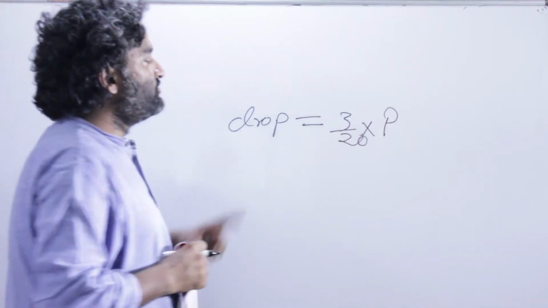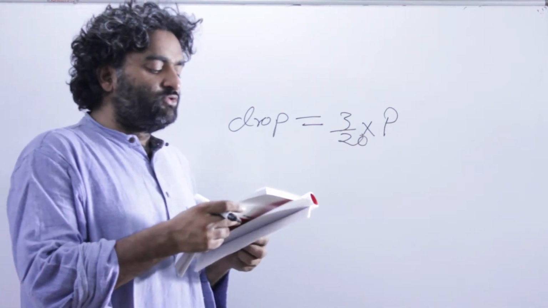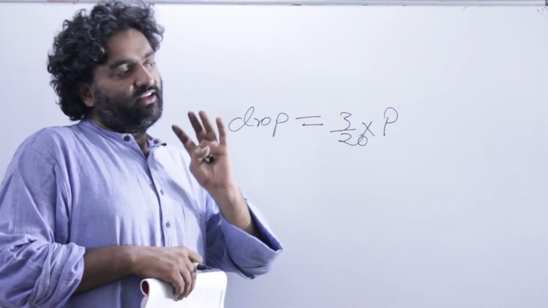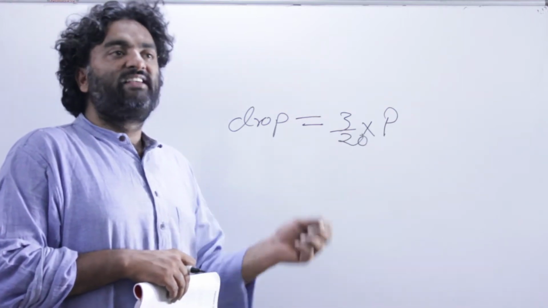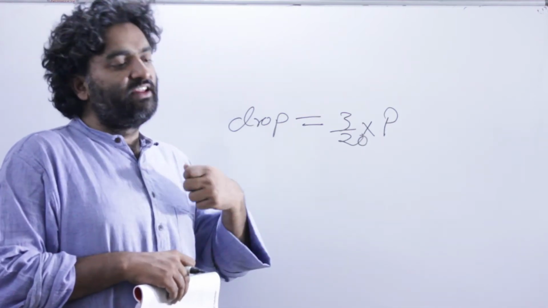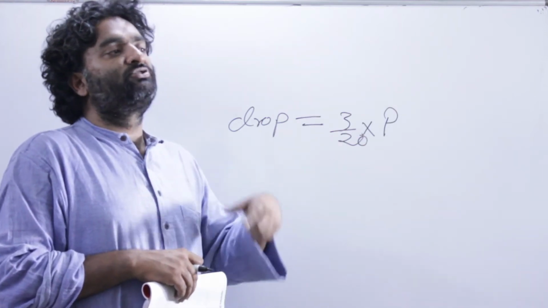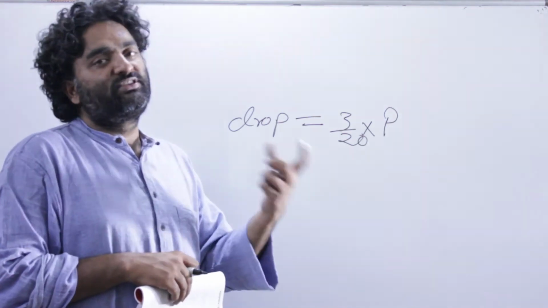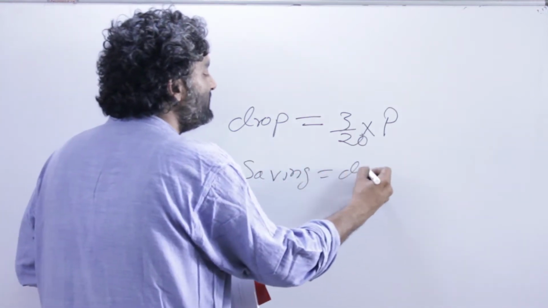Of the price, right? So we have this equation, and then it goes on, it says, and thus Rashi was able to save rupees 1.35. Now first of all you have to think that if you go to a shop and you try and buy something and there is a drop in the price, your saving will be equal to the drop. That much you need to understand. Say something that was costing 100 rupees, the price has dropped by 20 rupees, it has become 80 rupees. So it's very obvious your saving would be 20 rupees, right? So the saving is equal to the drop.